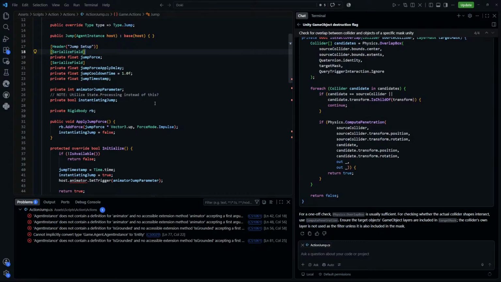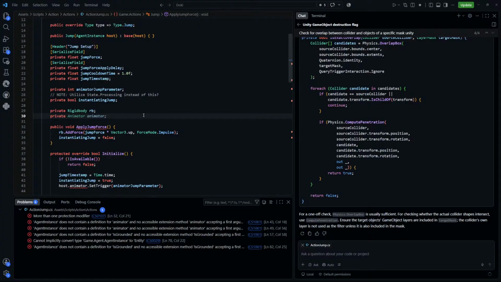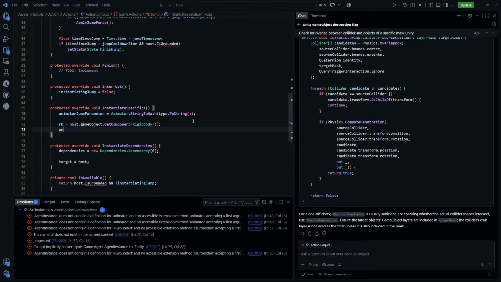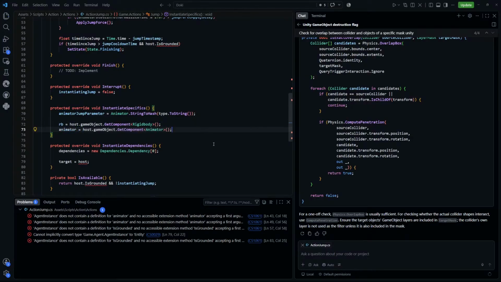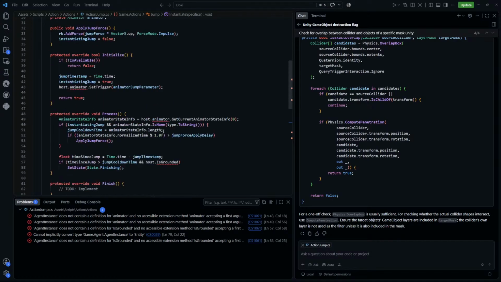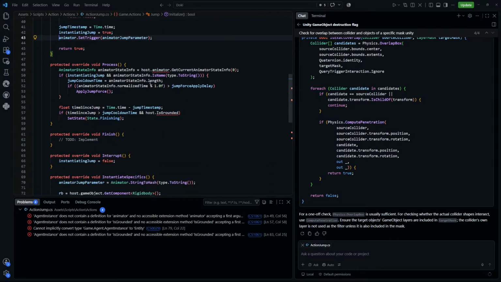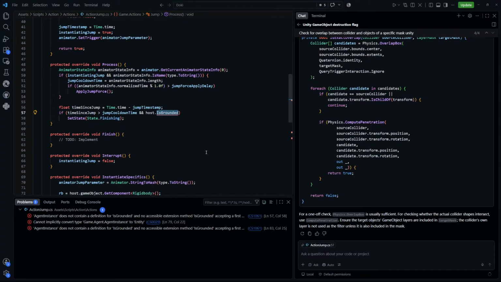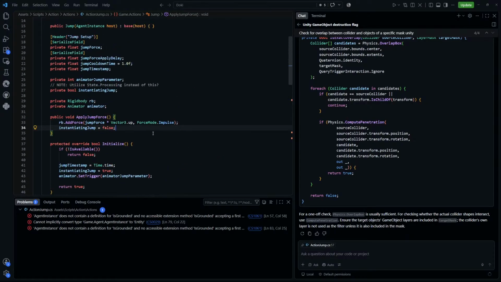Animator as well. Most of them will need the animator, pretty sure. Rigid body. Instantiate specifics. And here we need